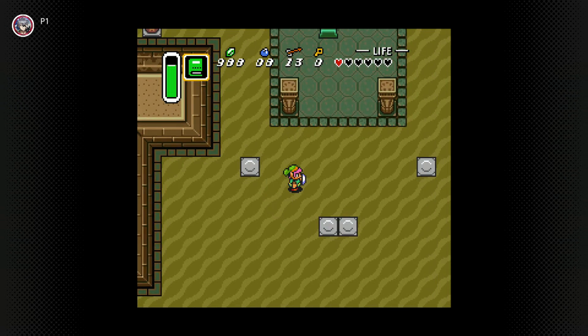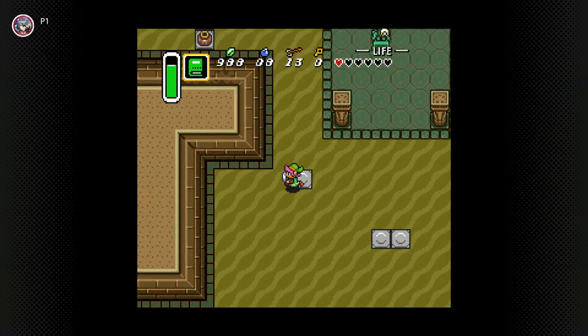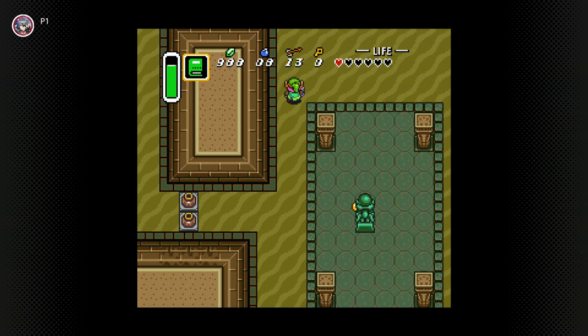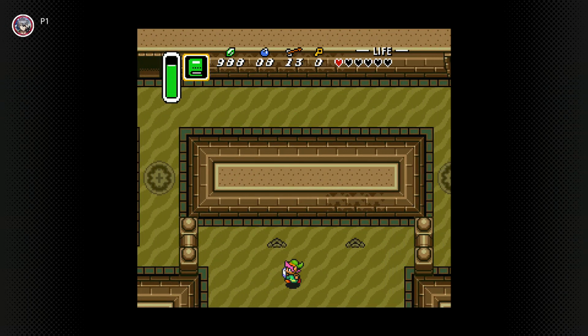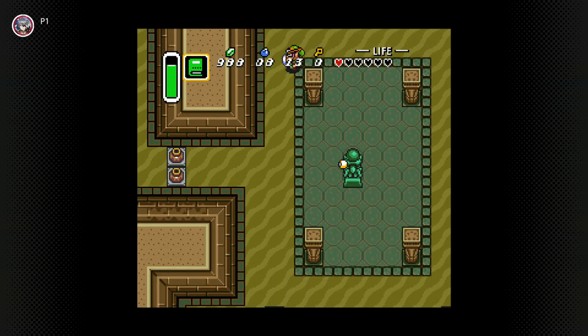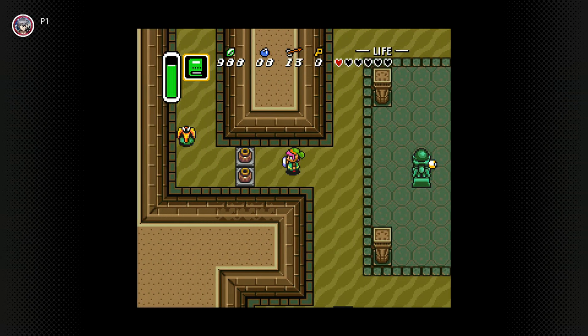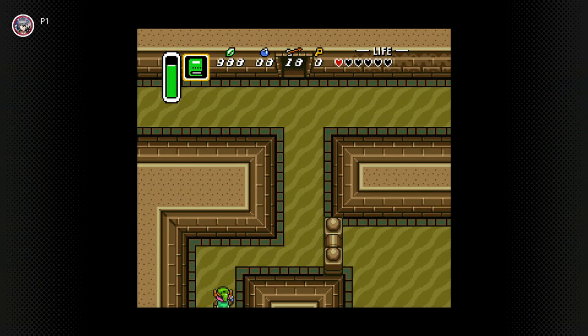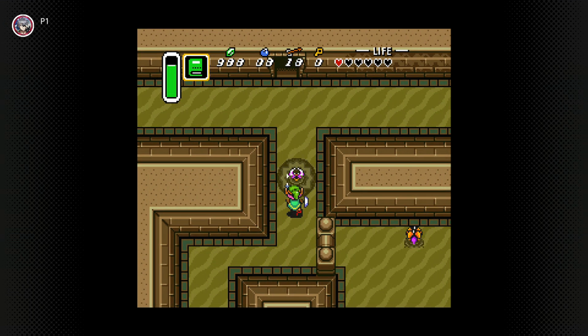So, one of the first things you want to be aware of in this palace, there is this thing here, which you pretty much know as a Beamos. If it locks eyes on you, then it's gonna shoot you with a hard laser, and it hurts a lot. We don't really have any way to block it, so you want to make sure you stay real clear of that guy,